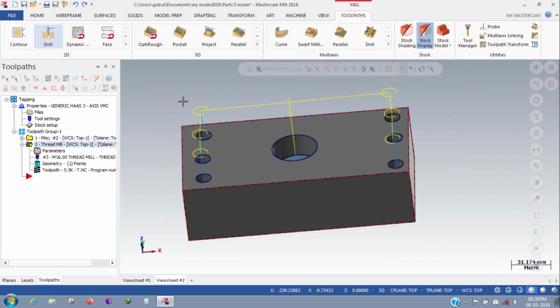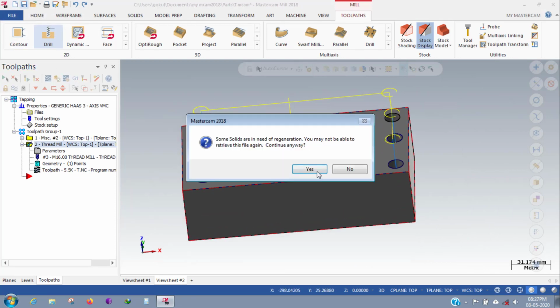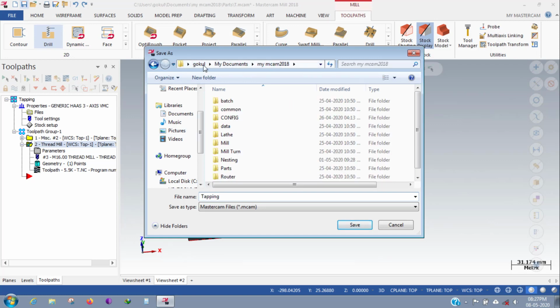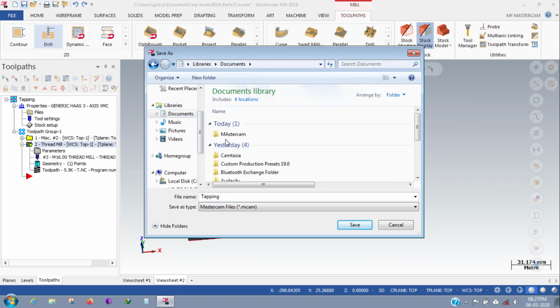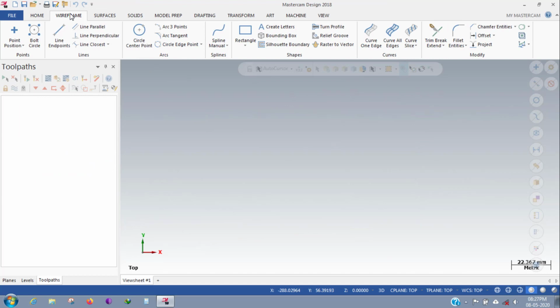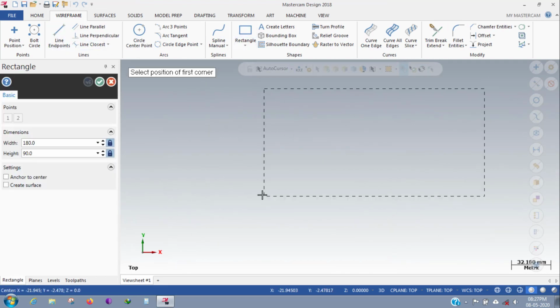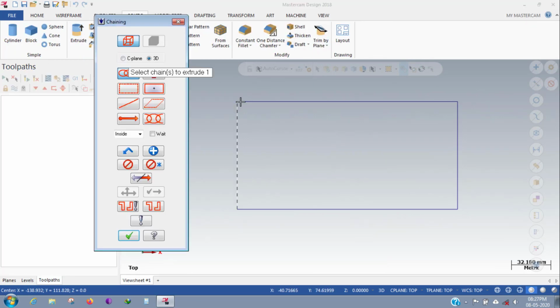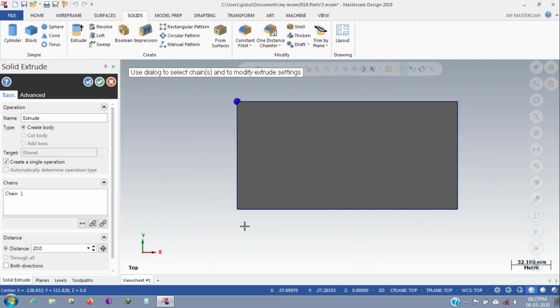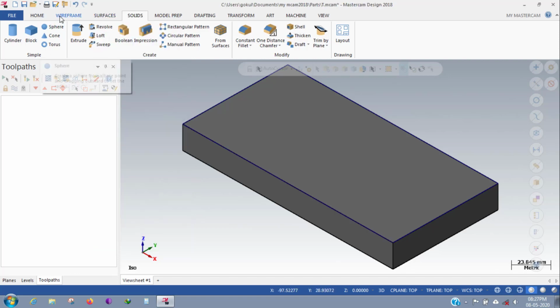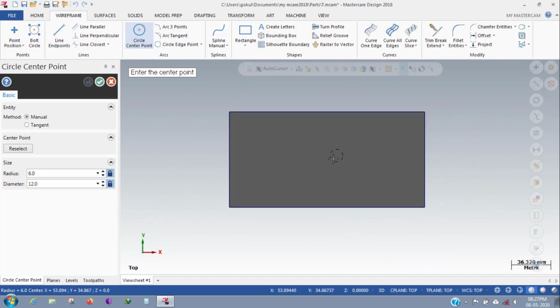Okay guys, now let's go and see. I'm just saving this file. Tapping. Inserting location. I'm just going for the new file and wireframe, giving same dia, going to solids. Okay, 20 mm sounds good, and wireframe I'm just giving